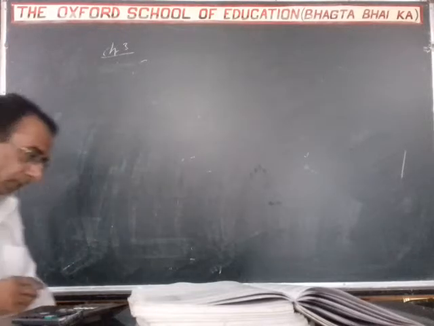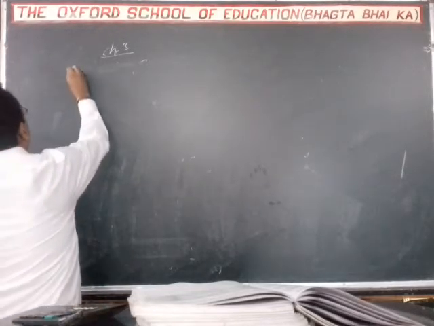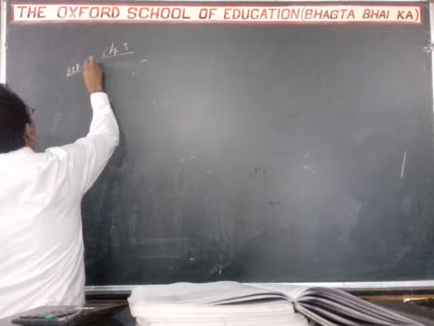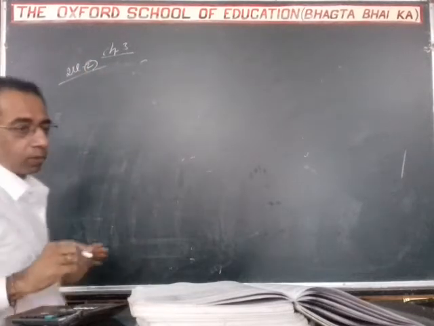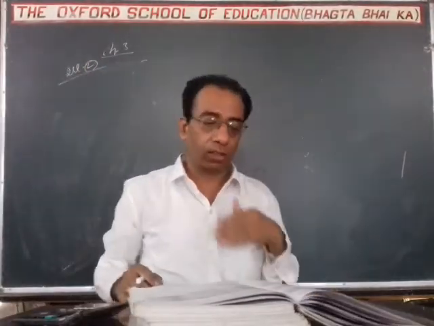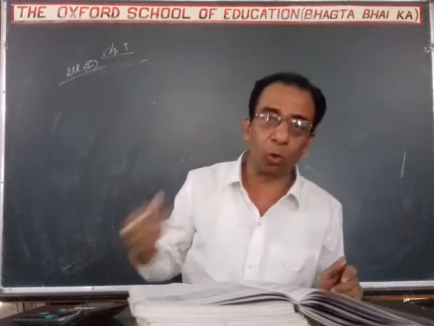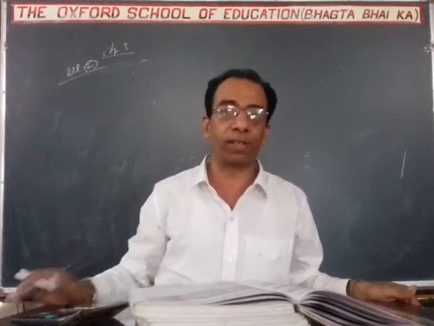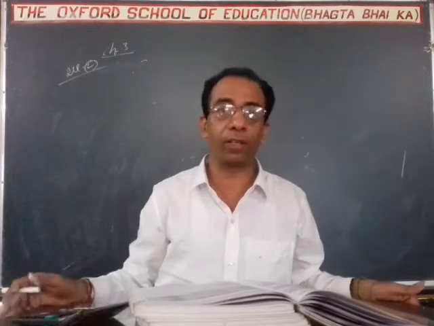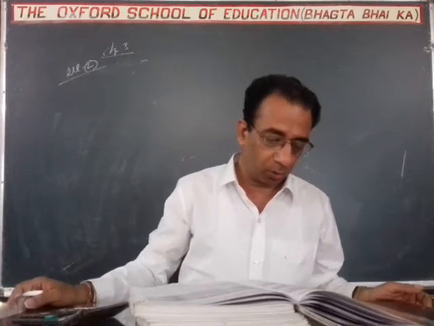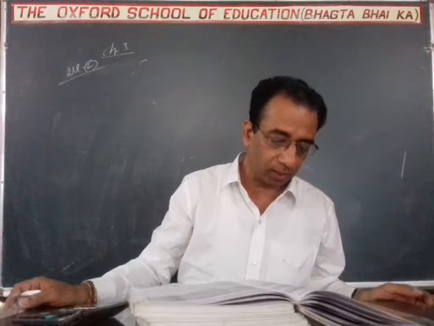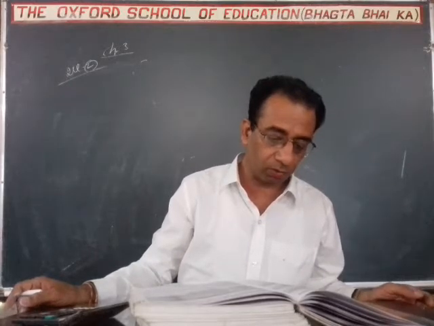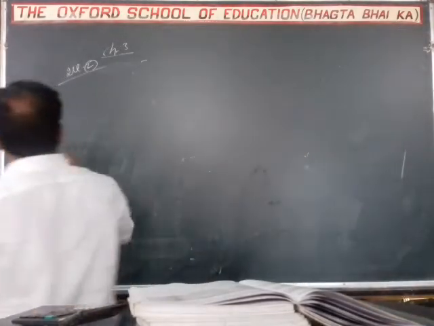So, student, this is example number 2. Very easy to understand. You try to understand the technique of how to prepare the accounting equation, and you have to prepare different tables on the basis of different transactions. So example number 2: Raghunath commenced the business with cash of rupees 80,000.